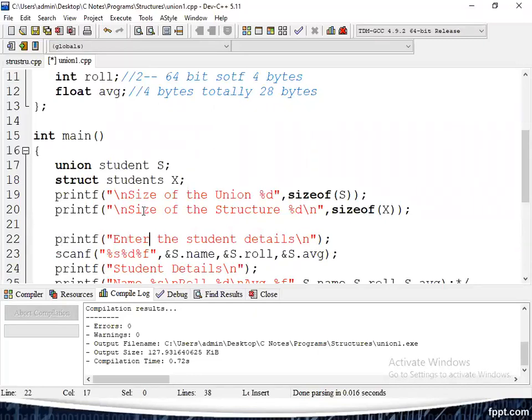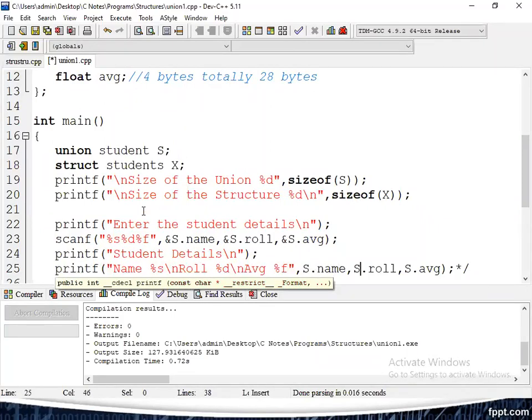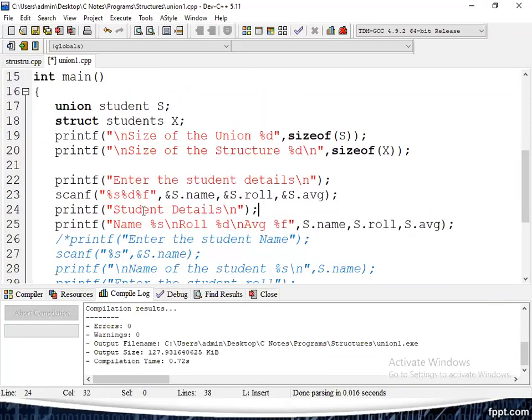Okay, first let us get the input and output of the student, how we can store the information into the union, and how we can access the information from the union. Let us verify very clearly. First, printf enter the student details. Next, according to the fields and their order, we can enter the information. If you print all the information at a time, it is not proper, it will give an error output. Why? Let us verify one error output, then we can take the proper information.